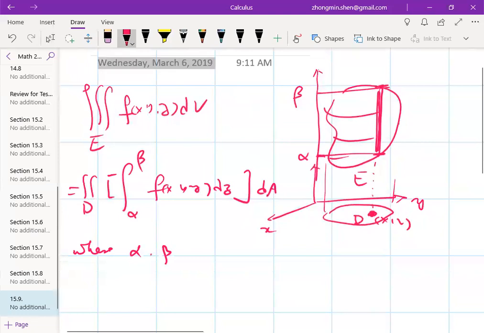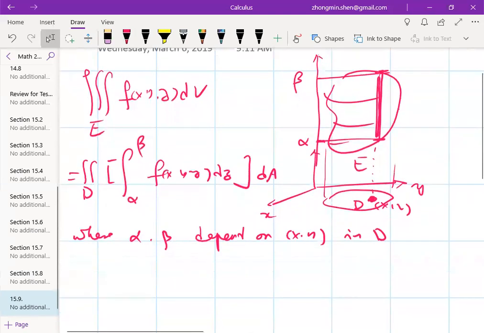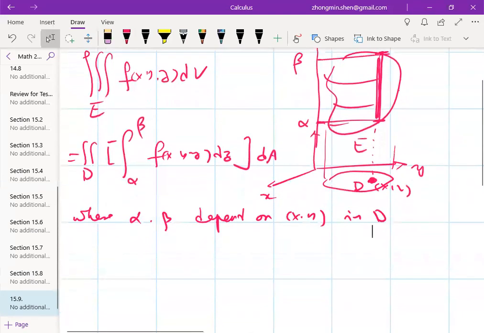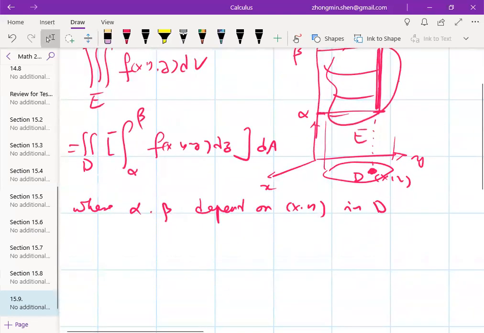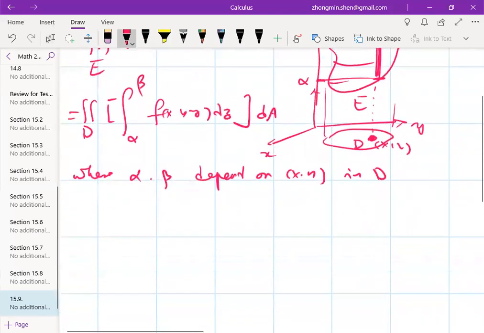Alpha and beta depend on x and y, in general. Sometimes if it's a cylinder, then those are constant. A cylinder has a lower bound and a top bound. But if it's a cone, then it's quite different. Another way to do it is you project